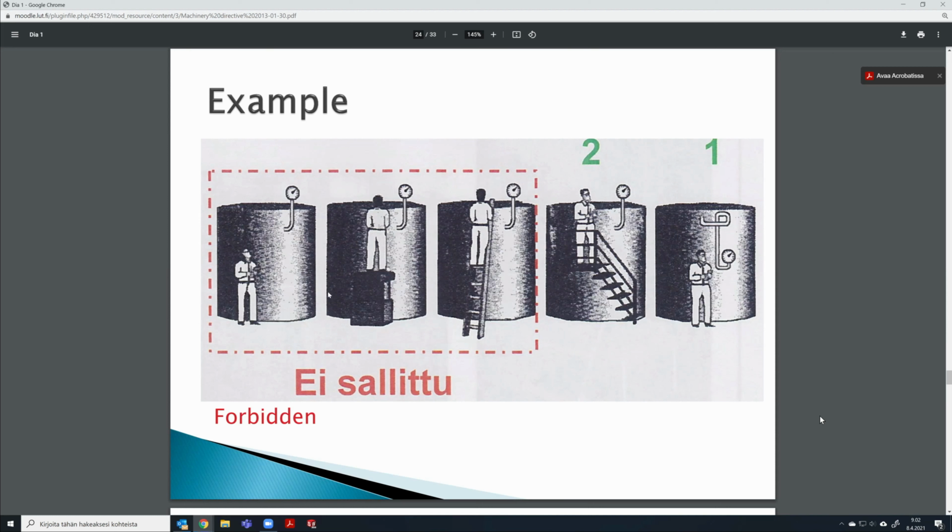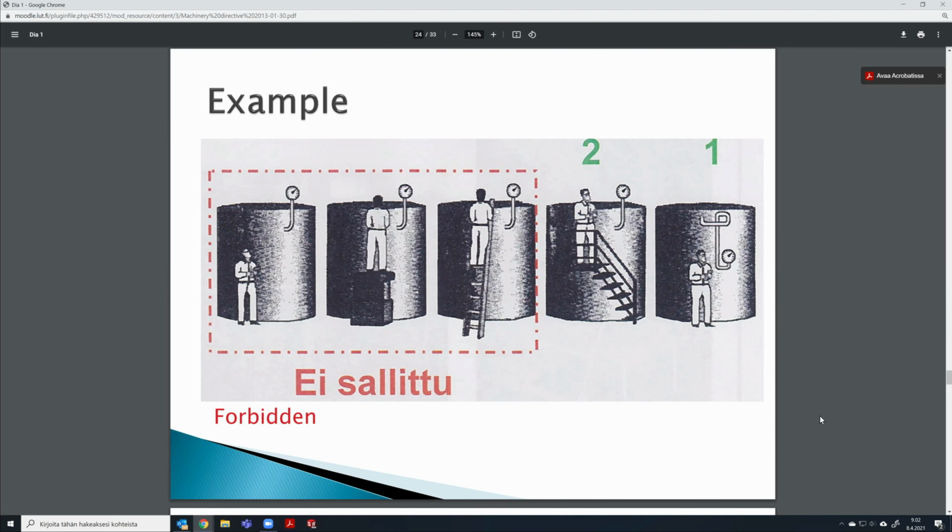It is not okay that you need to create some pile of boxes so that you're able to see it, or that you need to use some ladders. But there are two options. You need to create a proper and safe way so that you're able to reach the target,